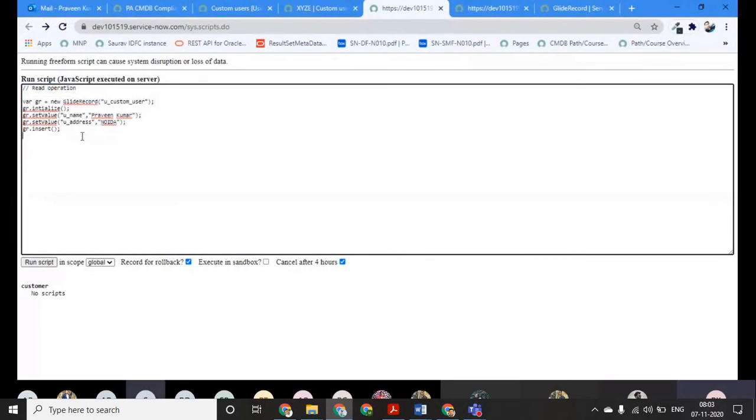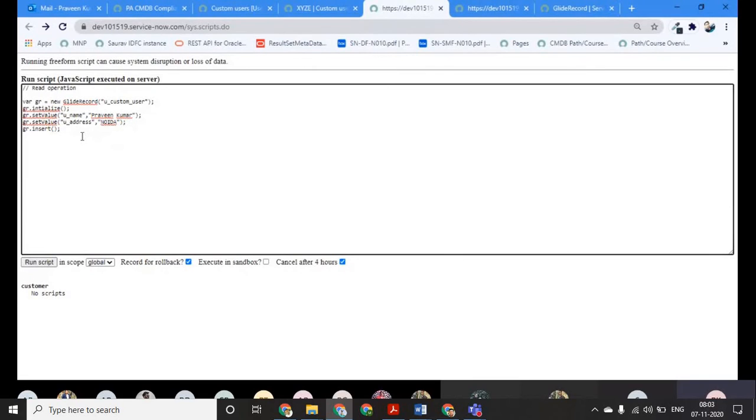Praveen asks: can we add multiple values at the same time, or do we have to enter each value individually with setValue? There are ways to add multiple values together, but that is a more advanced thing, a cheat sheet kind of approach, so we will not use that.